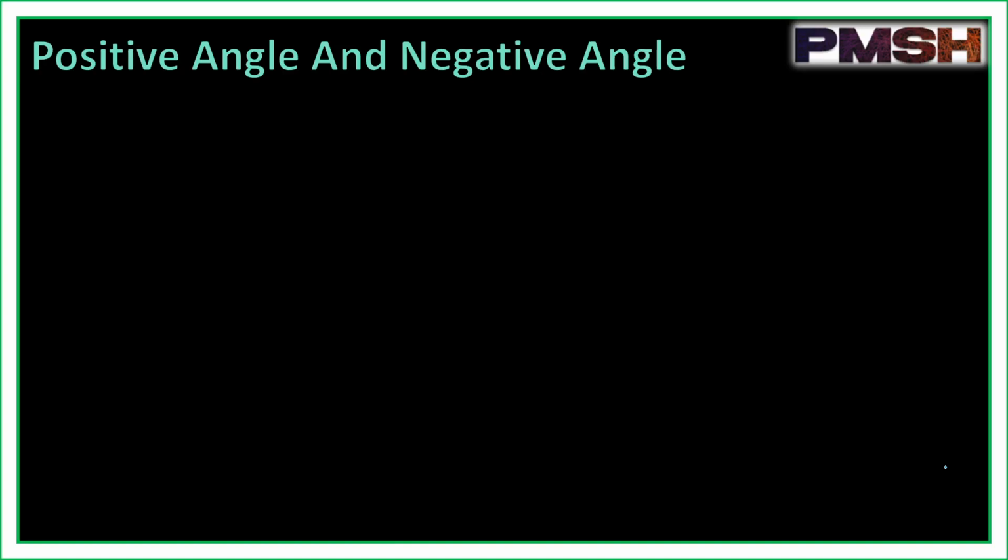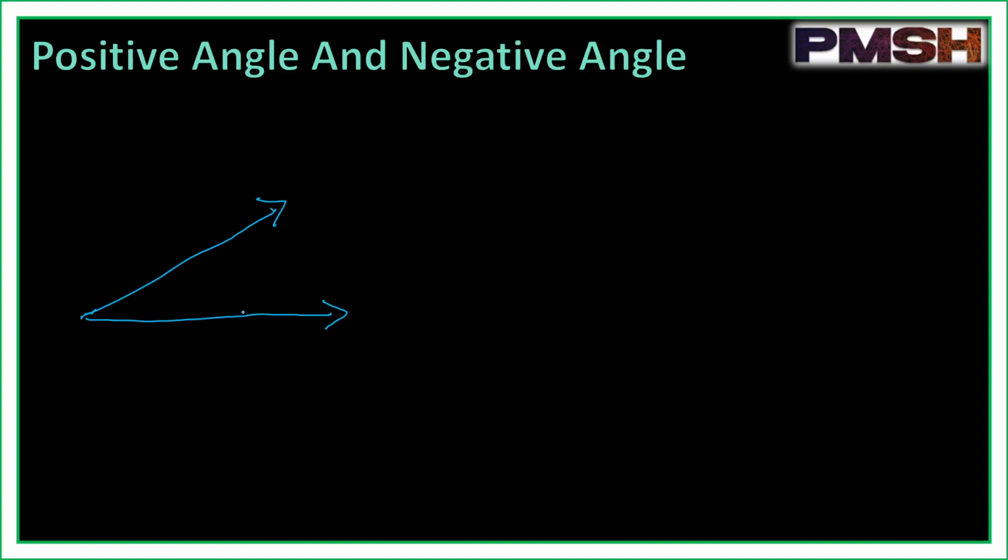Now we will discuss positive angle and negative angle. What is the positive angle concept and what is the negative angle concept? So we need to know how an angle is formed. Suppose there is a ray. We know what a ray is, right? One side will be extending, the other side is an end. So here this side is an end and this side is extending. So it's a ray. If a ray is rotating and the ray reaches this position,